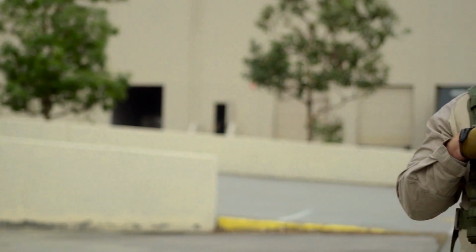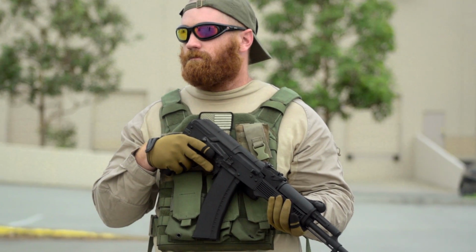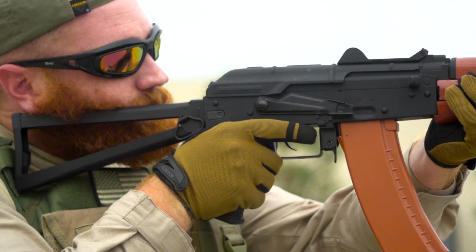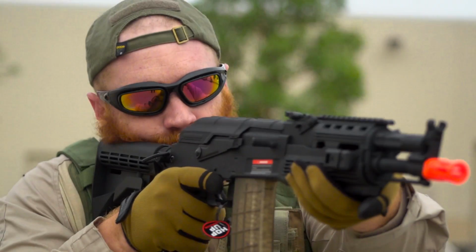Today we're going to talk about budget AKs at $125 or less in price. When people are looking for entry-level AEGs, it can be a little difficult to decide where to go with all the prices and all the different models. In my personal experience, SEMAs, JGs, and even Golden Eagles all excel best when it comes to AKs, because AKs